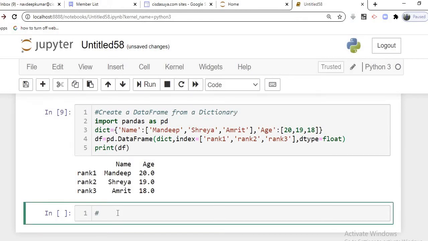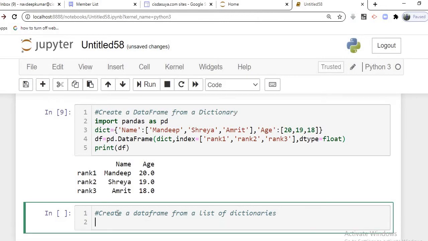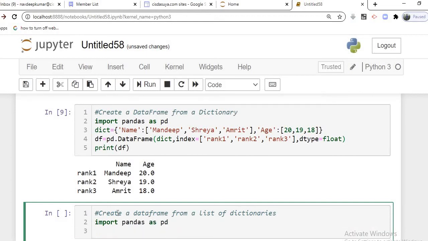Create a data frame from a list of dictionaries. So we take our data like this, available in a dictionary.